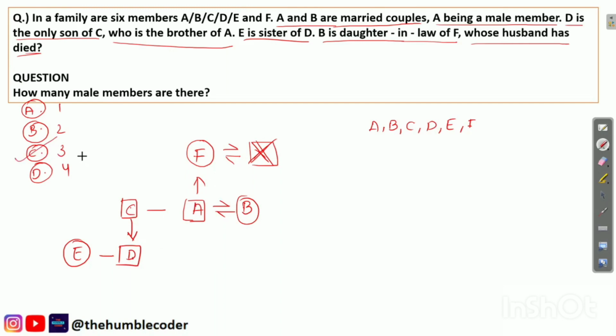The main motive of taking this question was this only, that sometimes these kinds of tricky questions are asked, so we do not have to think in another way. We just have to think only of the cases in which the family members are present in the family. So the correct answer for this question is 3 male members.